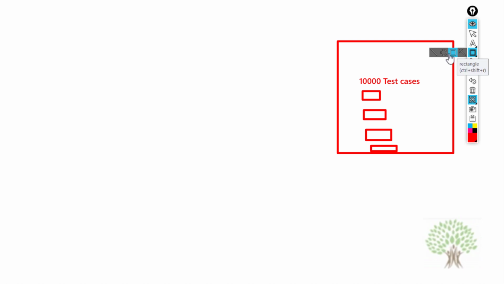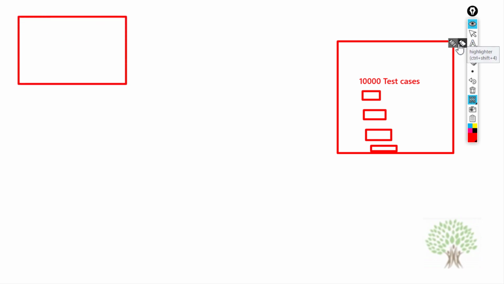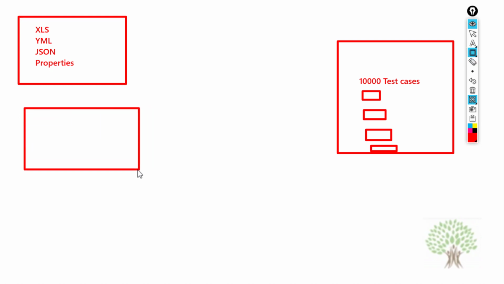Moreover, when you are running the test cases, you would want the data inside the test cases to be read from some external file. It can be an Excel file. People also use YML files or JSON files or properties files. There are different files from which data is read. And moreover, you would want to generate some reports as well. You want some reports to be generated, HTML reports.